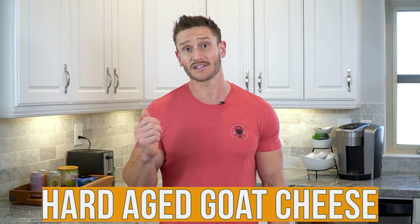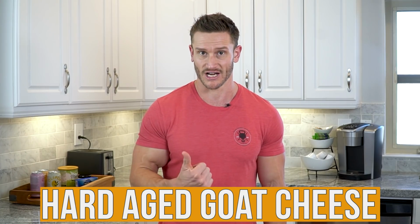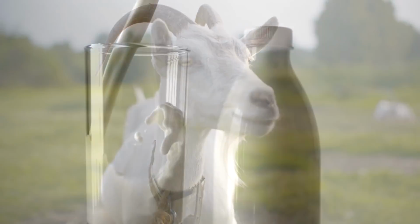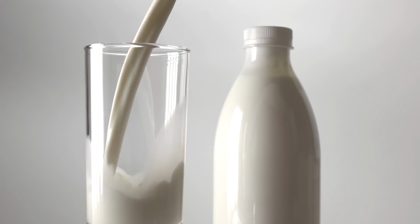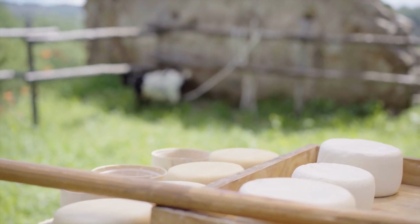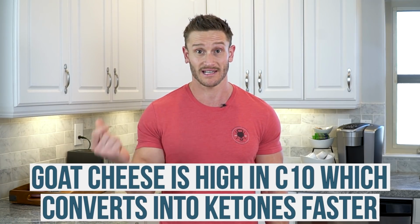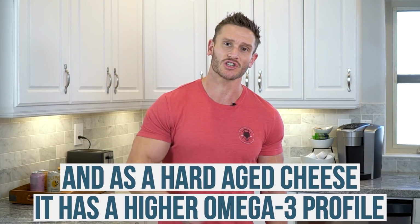Okay, this next one is goat cheese that is hard and aged. Goat cheese or goat milk on its own is already highly ketogenic because it has a lot of capric acid, which is C10. So C8 MCT oil, C12 like in coconut oil, split the difference and you have a goat, C10. Now, the problem is goat milk has sugar in it, so it kind of defeats the purpose. But goat cheese, especially hard aged goat cheese, is going to have a high amount of that good old capric acid that we need that's going to convert into ketones faster,